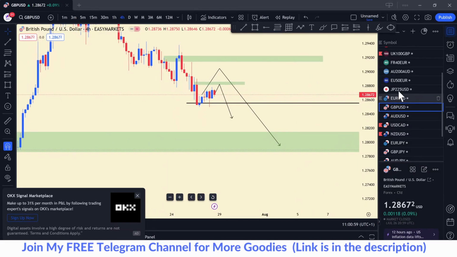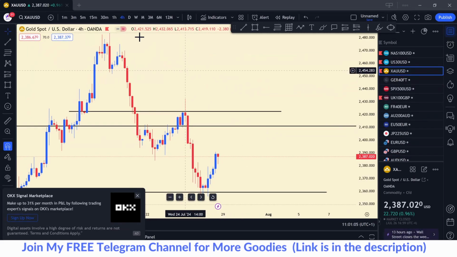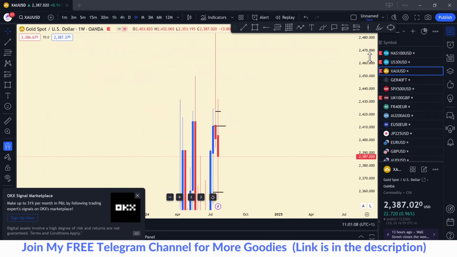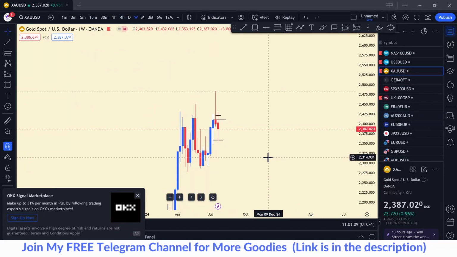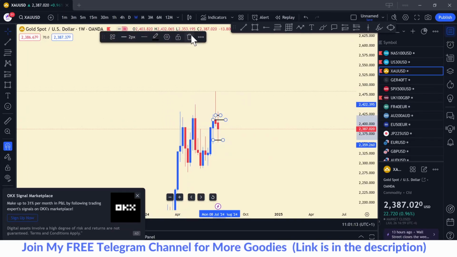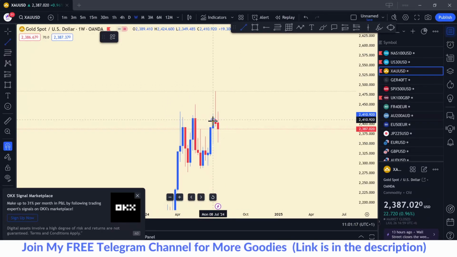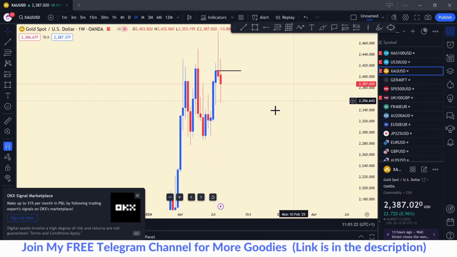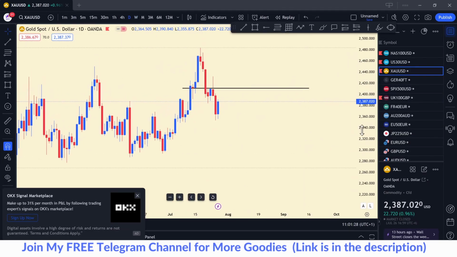Then from there, we are going to look at gold. Let's take a look at gold. On the weekly, gold also is very interesting here. On the weekly time frame, we rejected from this level. Okay. And we also close below this. So when you go to your daily now,